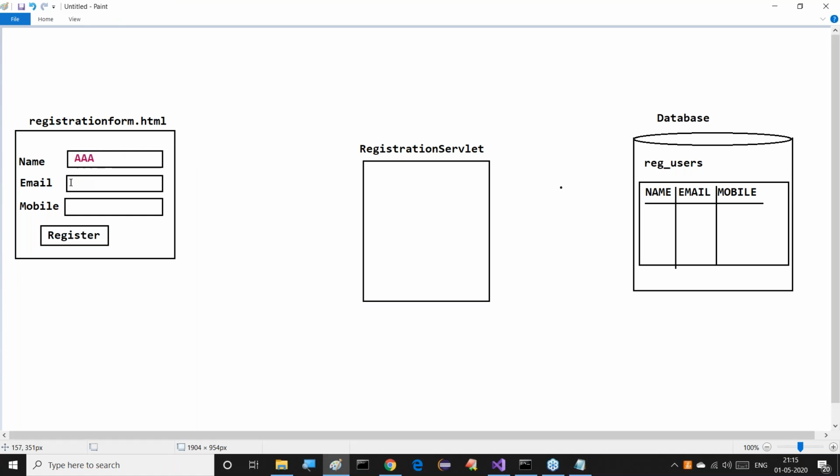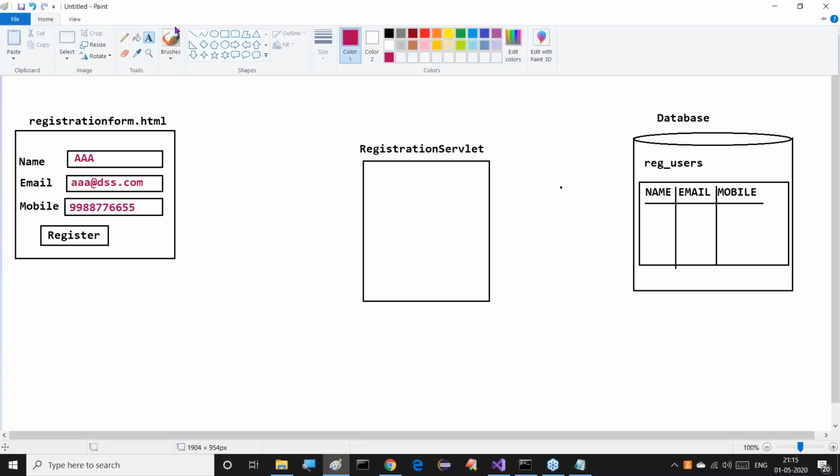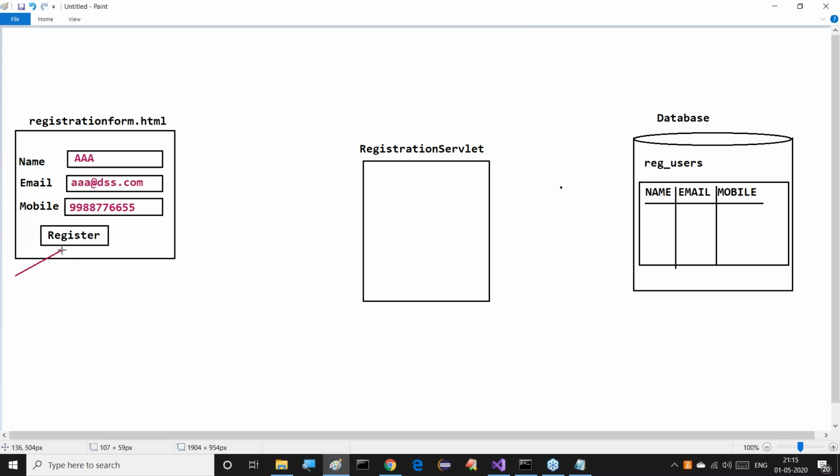Email I want to provide AAA@dss.com. Mobile number I'll provide as well. When I click on the register button,